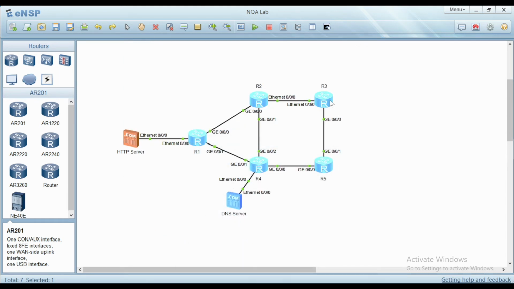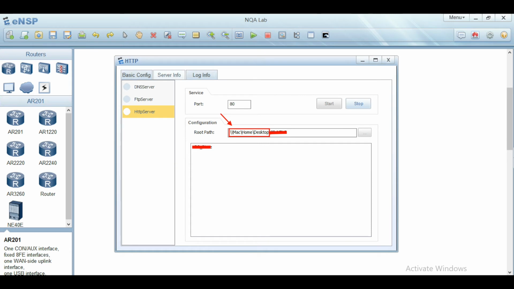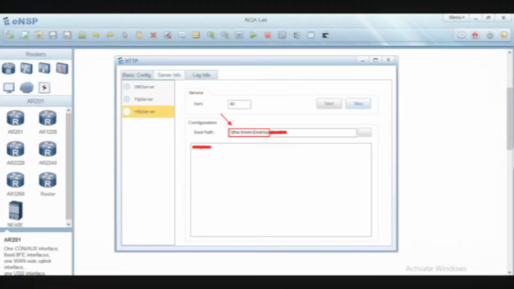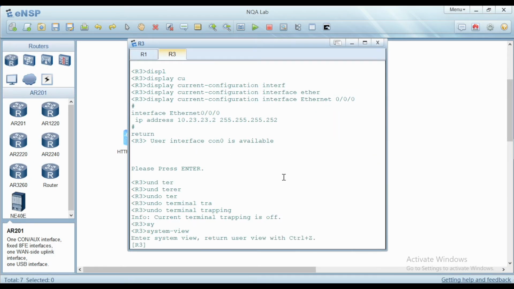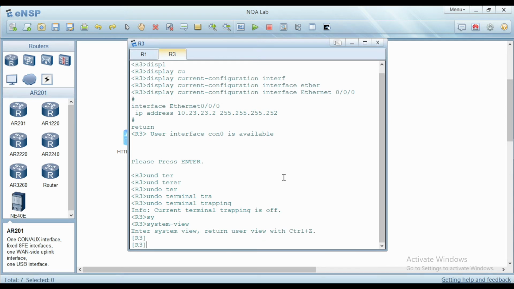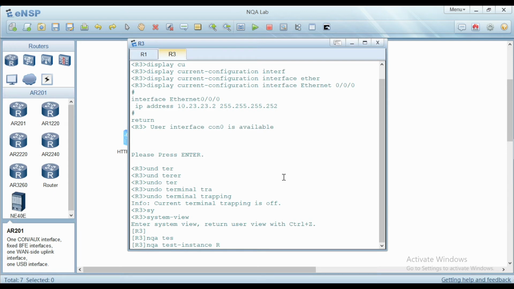So R3 can get in its routing table the network of the HTTP server. The HTTP server is configured with this root path mac/home/desktop. At R3, we go to System View and configure the NQA HTTP test instance using command nqa test-instance, and the administrator